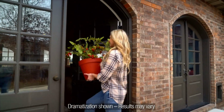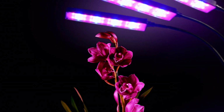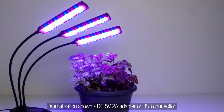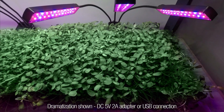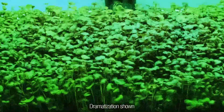Bring the growing power of outdoors indoors with Bionic Grow from JML. The amazing indoor grow light that helps you grow about anything in any season. Just point, press, and get growing with the power of Bionic light that helps everything green grow and grow and grow. Bionic Grow has a targeted spectrum light that produces only the wavelengths of light that most benefit plant growth,